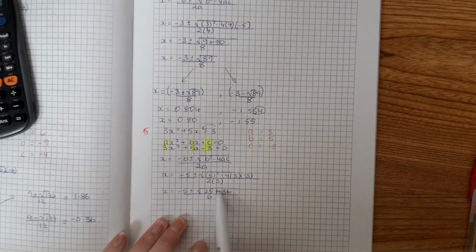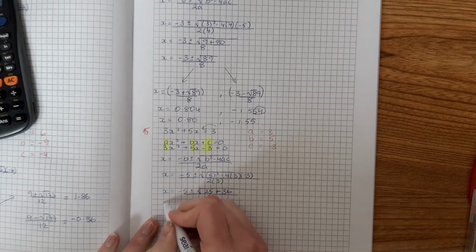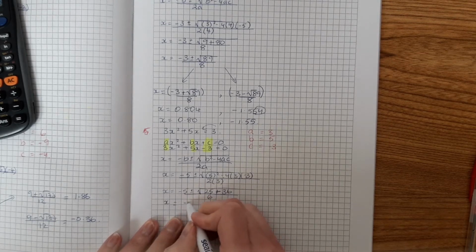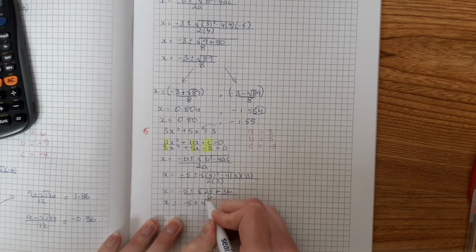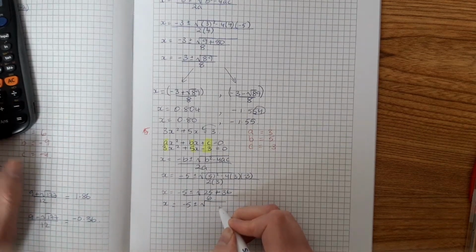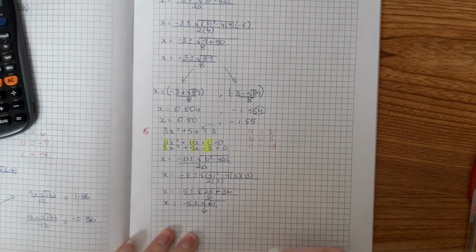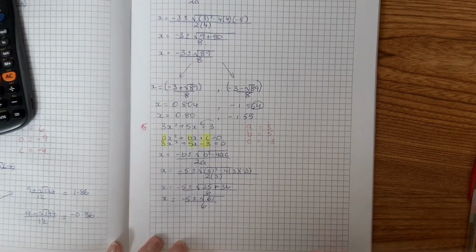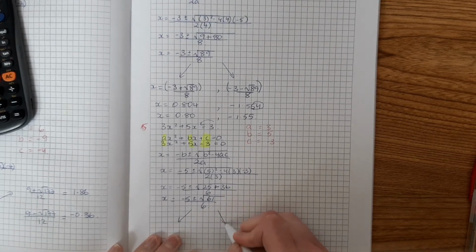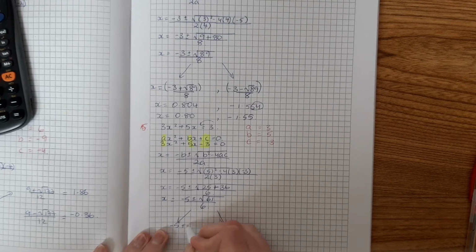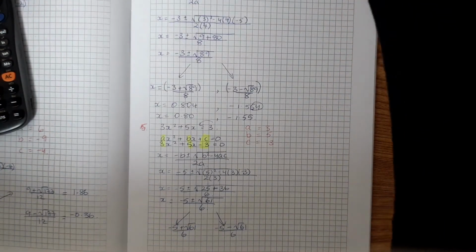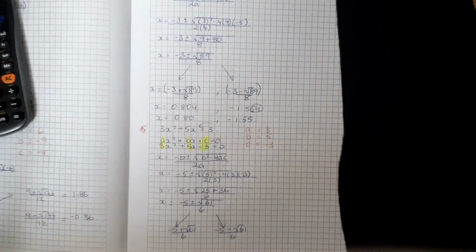And all I'm doing now is simplifying, or adding up the numbers inside the square root. So x is equal to minus 5 plus or minus the square root of 25 and 36, which is 61, all over 6. And it's at this stage we need to split up the terms to get our two answers. So minus 5 plus root 61 over 6 is one, and minus 5 minus root 61 over 6 is the other. Once we have that, we can start actually putting it into the calculator